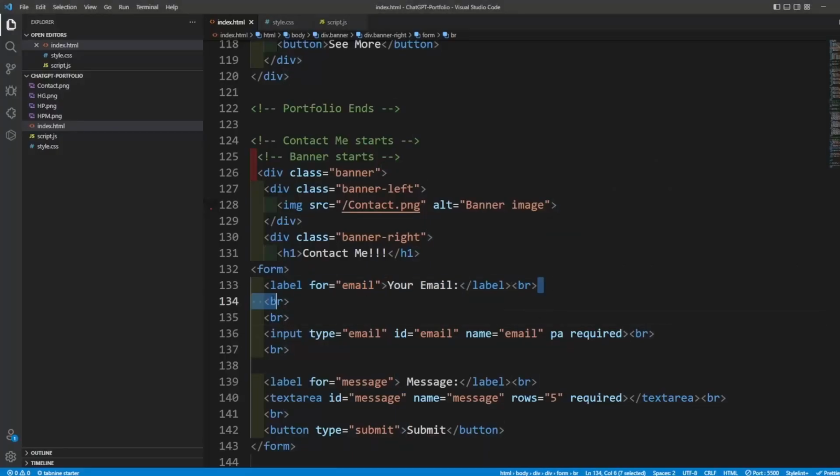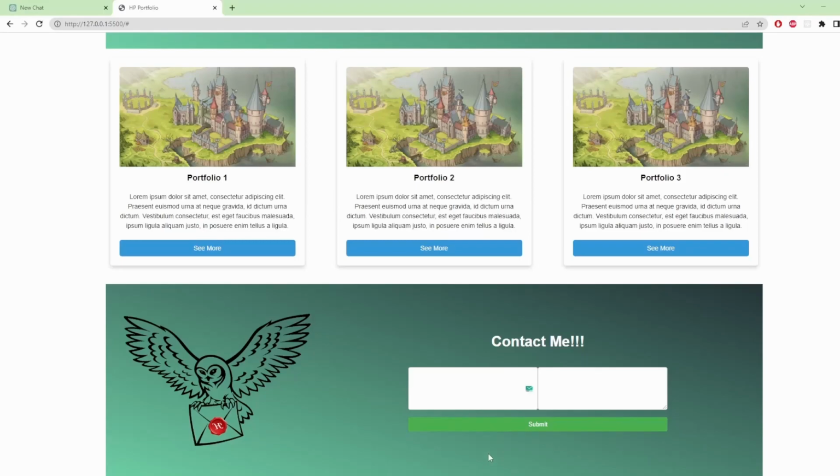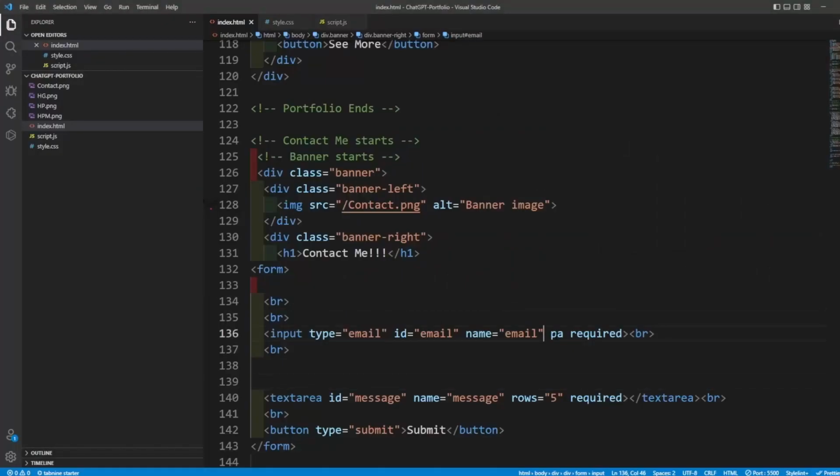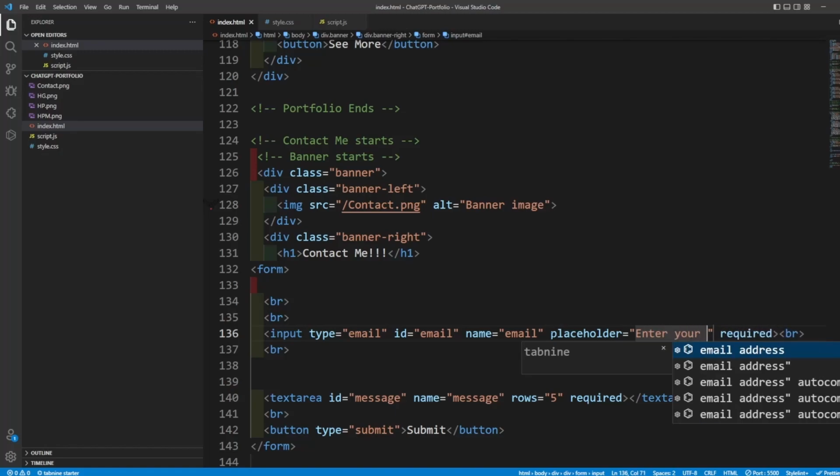So what I'm going to do is remove the label from both of them and write placeholder. So there is going to be enter your email